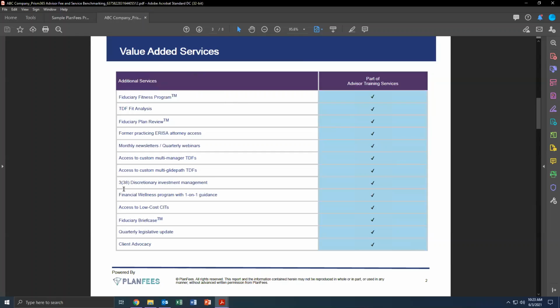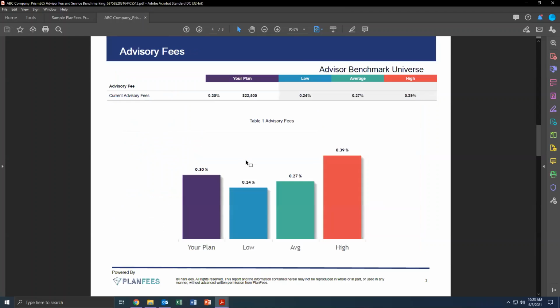So you see the additional services that we highlighted on the input side. And again, if you added any of your own, they would appear in here as well. We have the summary of the current advisory fees. So this is going to be comparing as a whole where your advisory fees stack up versus other plans of